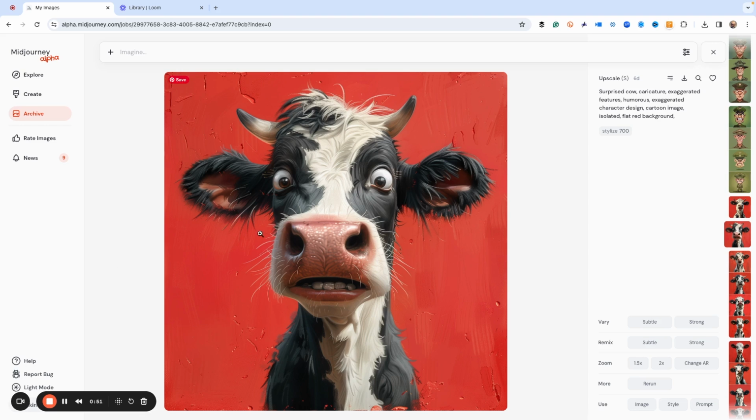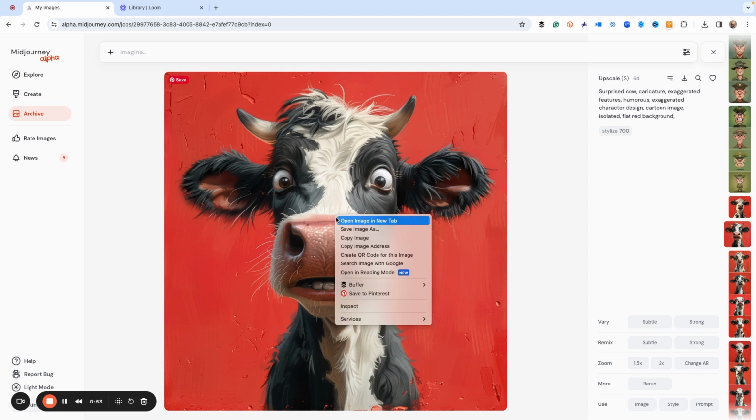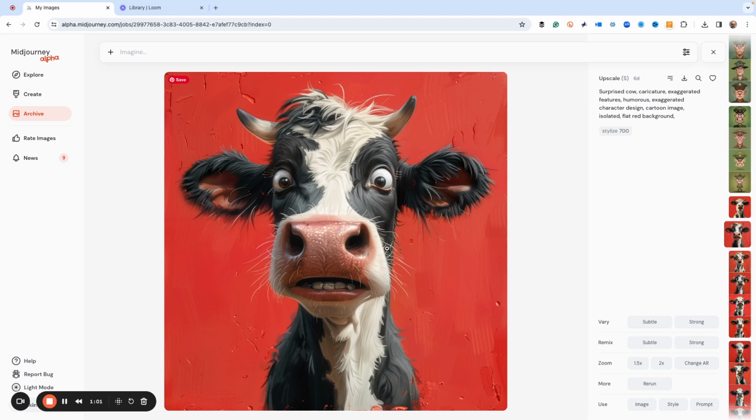So here's what we want to do. First, let's go ahead and grab the image. We're going to say copy image address, and we're going to paste that in here in a minute, but we're going to throw the prompt in, and instead of cow, we're going to say, what's another barnyard animal? We're going to say goat. In fact, let's do a couple animals. Let's do goat, chicken, let's say rooster. And we'll also say pig.